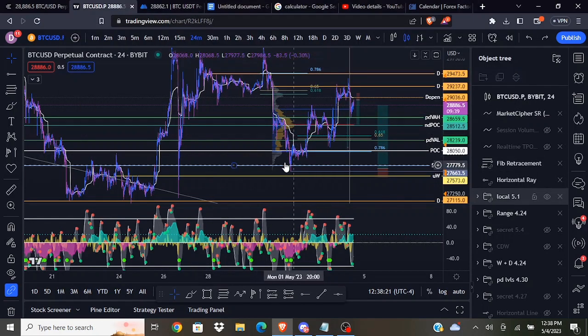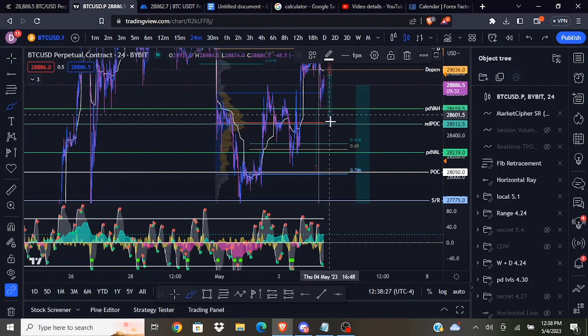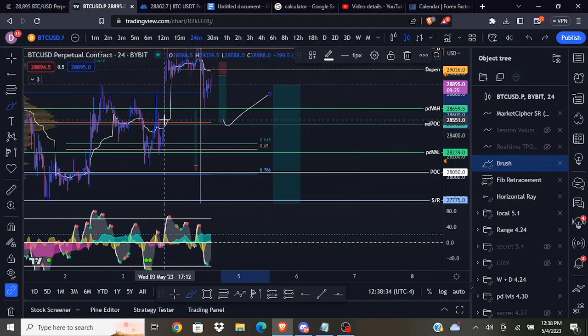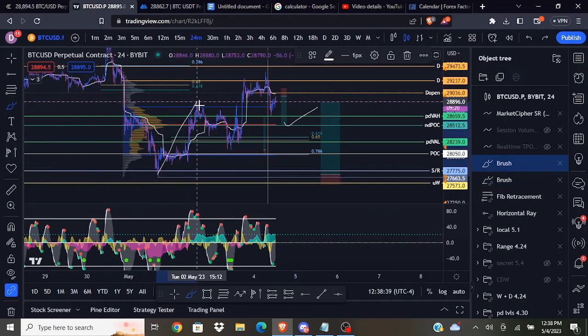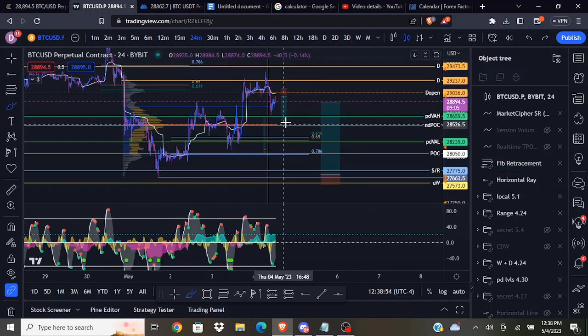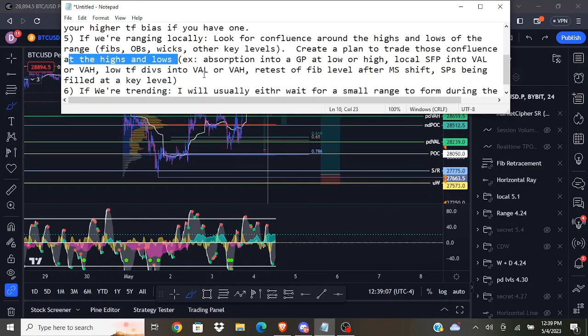I don't exclusively take trades at the highs and lows of ranges. For example, I might trade this NDPOC even though it's at the middle of the range. It's at the point of control, and it does also line up with my market structure here. So, that is a potential spot for a higher low if we are going to continue this uptrend. So, taking all things into consideration here, I may look to trade this spot even though it's in the middle of a range. But in general, I do